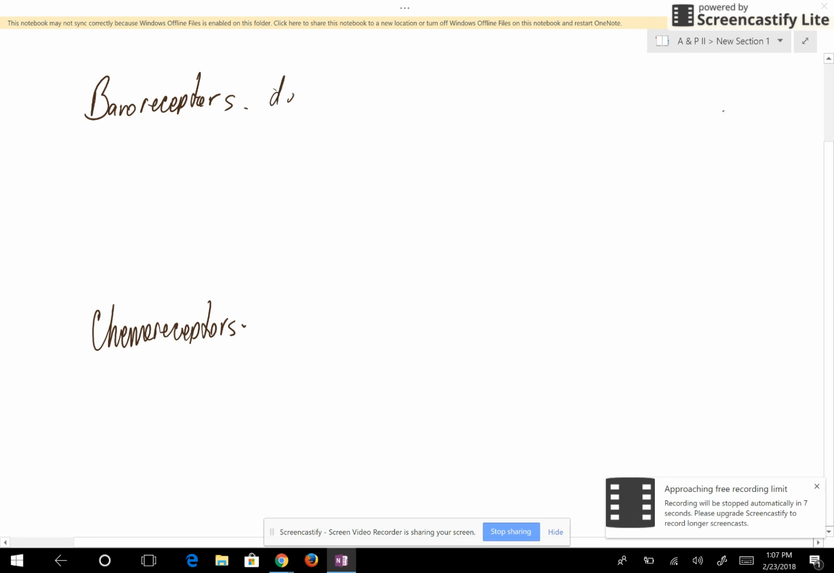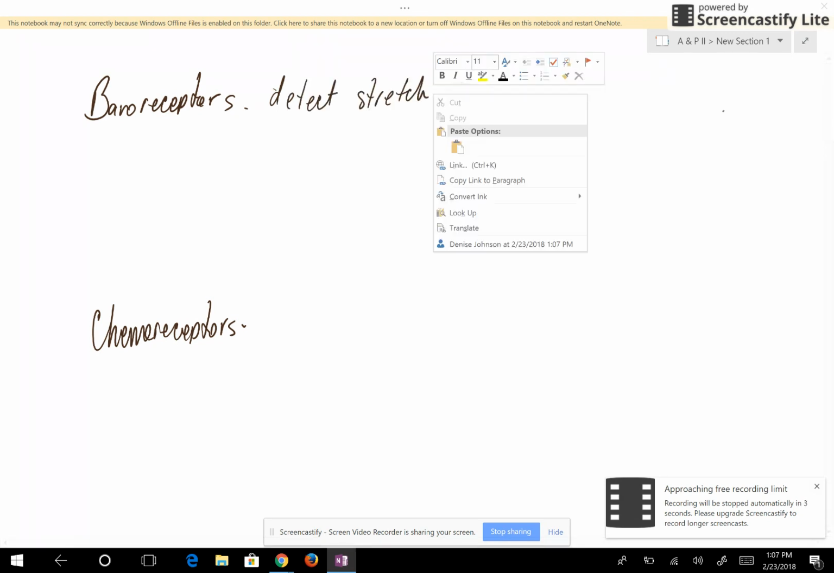Baroreceptors are going to detect the stretch of a blood vessel. They're located in the aorta